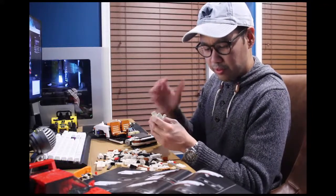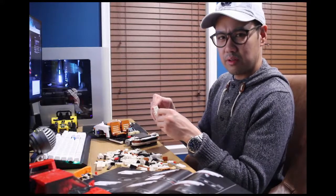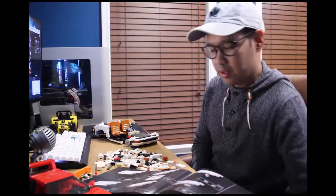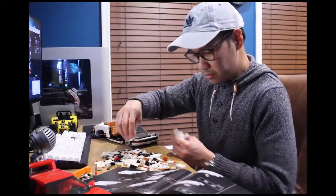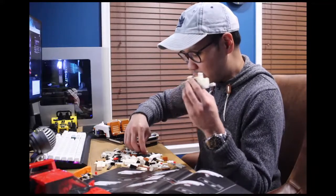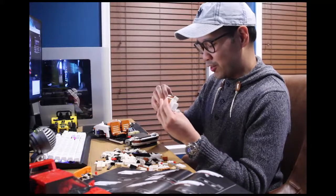I don't know, with this new line of 18-plus sets that they're doing, have they done a 2-in-1 since they've rebranded to this 18 and over, black box background branding? Have they done a 2-in-1 yet outside of this? I don't know. That would be cool if we were getting the first one. And I really hope they keep doing this, man. Keep doing the steering on the car models. Keep doing the 2-in-1 alternate builds,